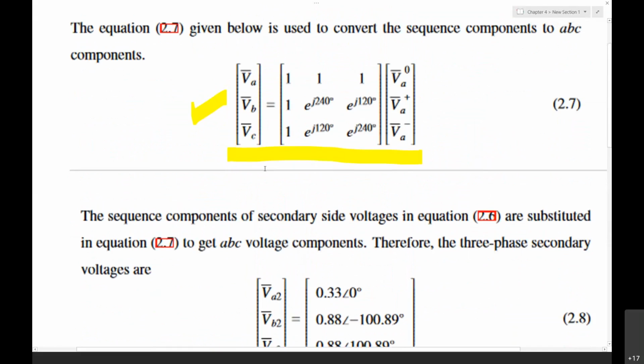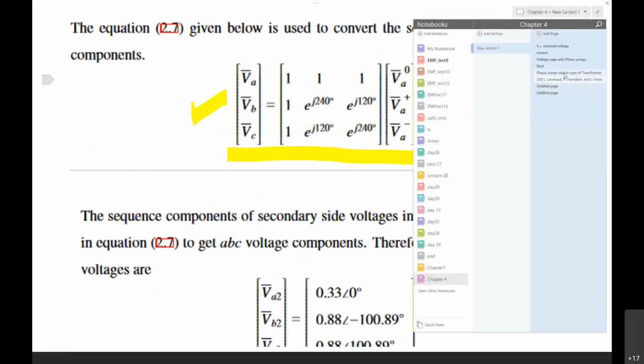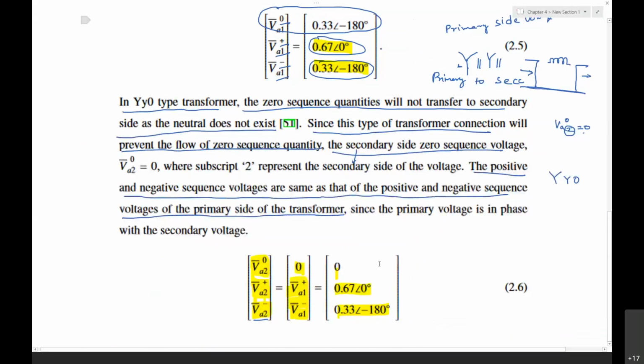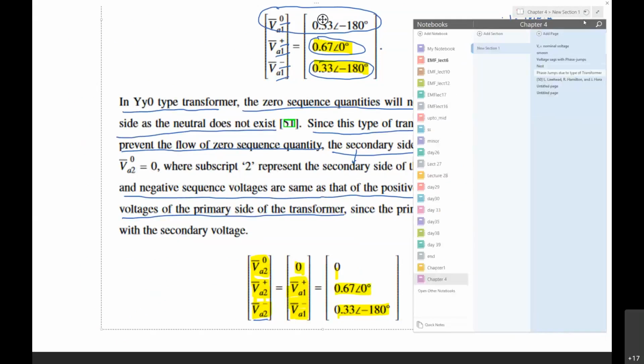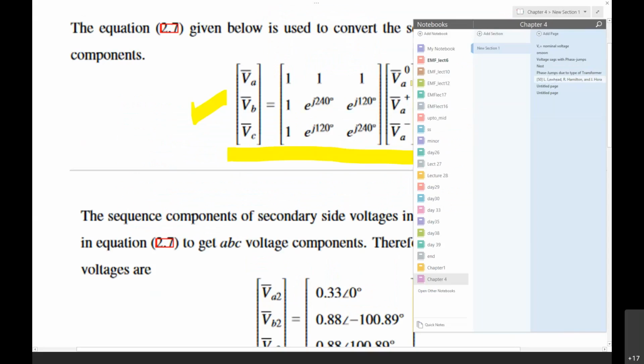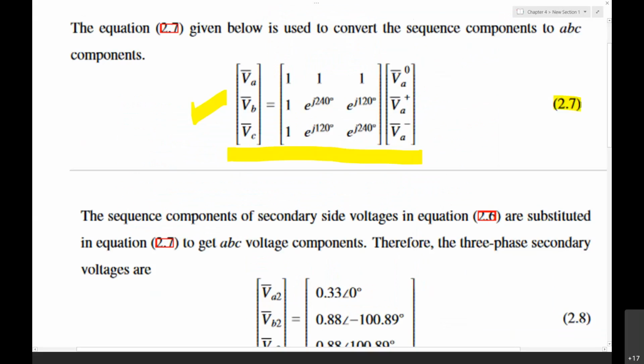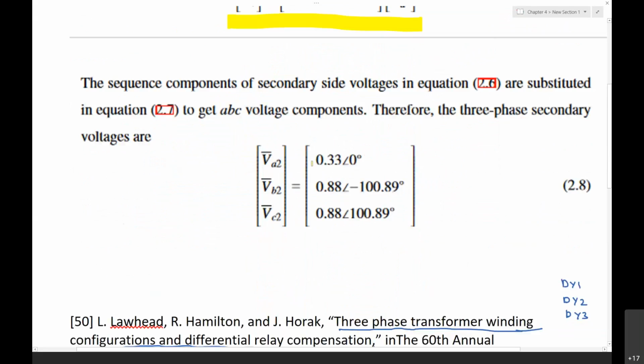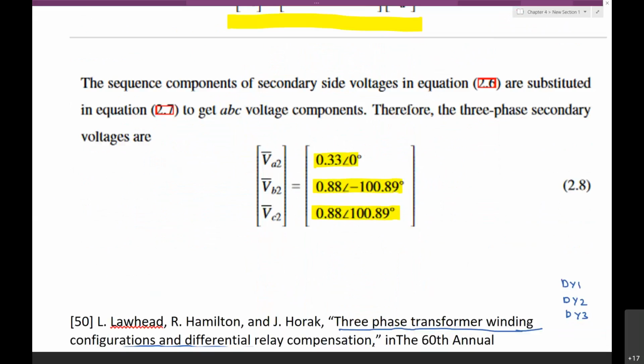the voltages of this, 0.67 at an angle of 0 degrees, 0.33 at an angle of minus 180 degrees. You substitute in this particular equation, 2.7, we will be getting this: VA2 as this voltage, VB2 as this voltage, and VC2 as this voltage. We can observe here what we got, the VA1 was